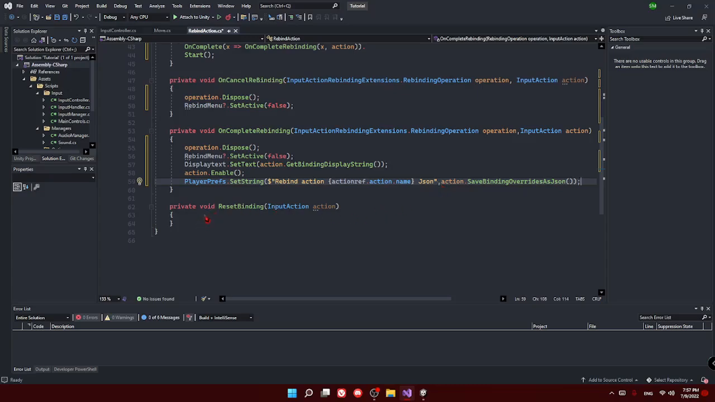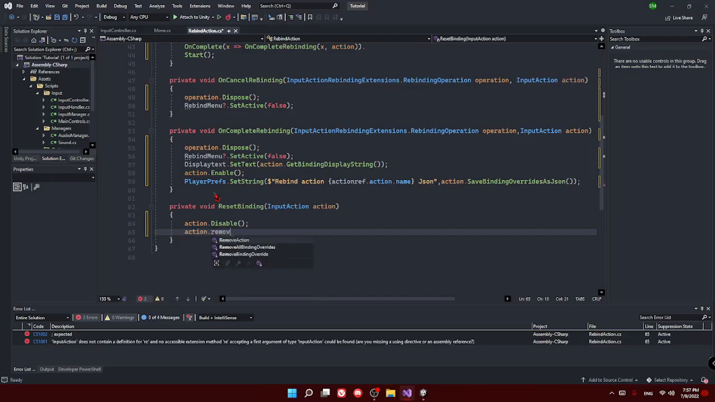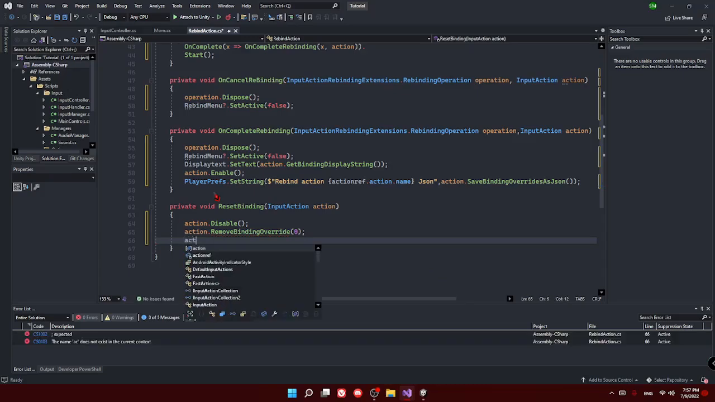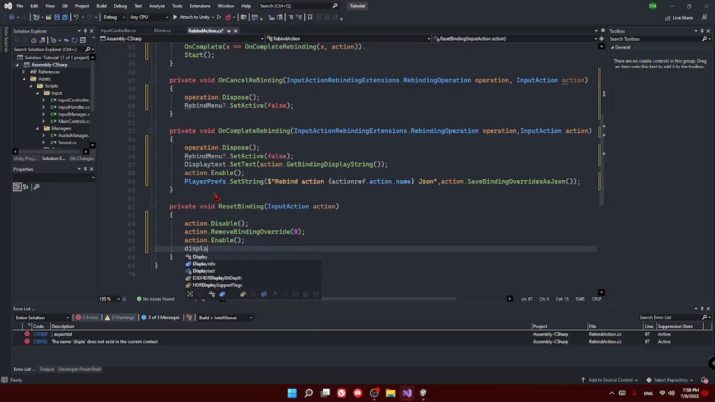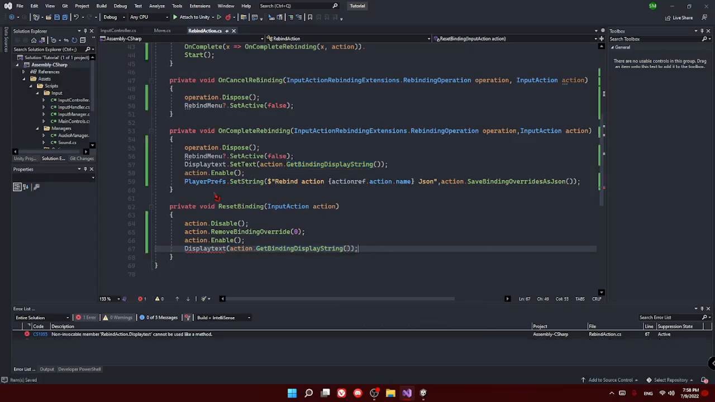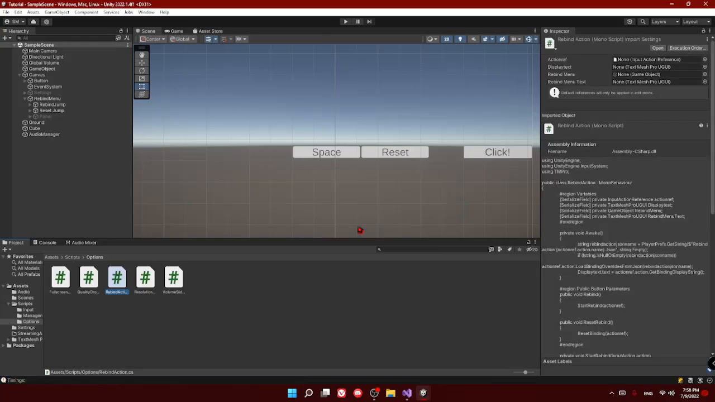And to reset the binding we first need action.Disable, action.RemoveBindingOverride and then 0, action.Enable, and display text equal action.GetBindingDisplayString, dot SetText, and then here we wait 3, 2, 1,